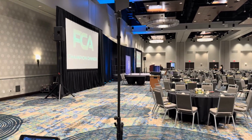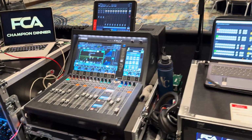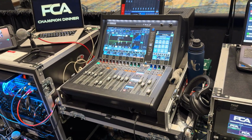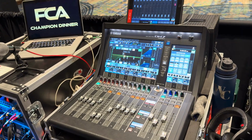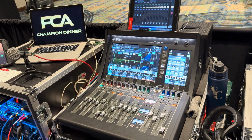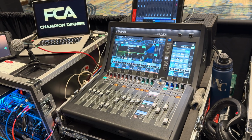This is an event that I got to do last year, and I'm super happy to be back. Let's dive in and take a look at what we're using and why that's super important. We are using the Yamaha DM7 to control. We only have a few inputs. There's going to be background music, there's going to be videos playing off of a laptop, just a few microphones,